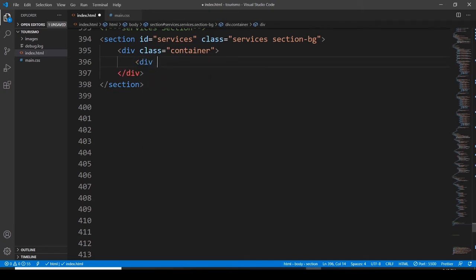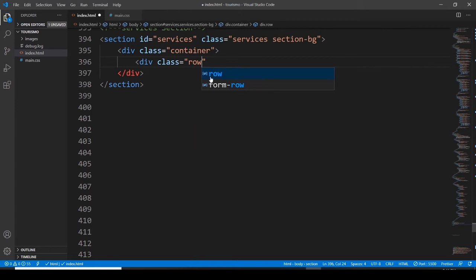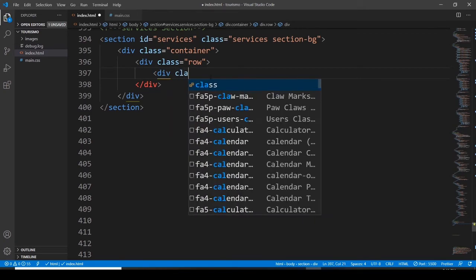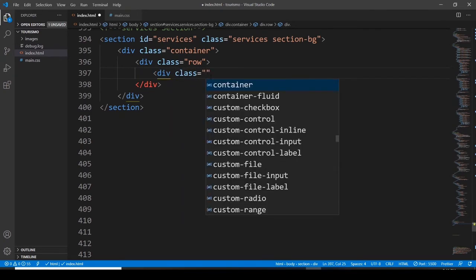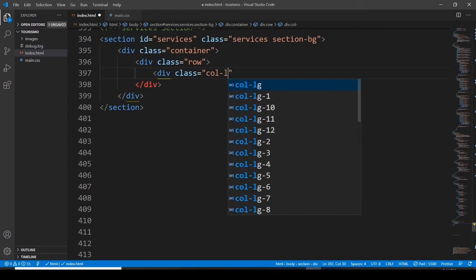This division is going to have a class. Class is going to be row, division, have a class, and this class is going to have a column large 4,